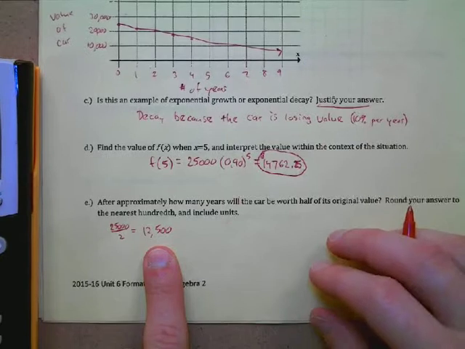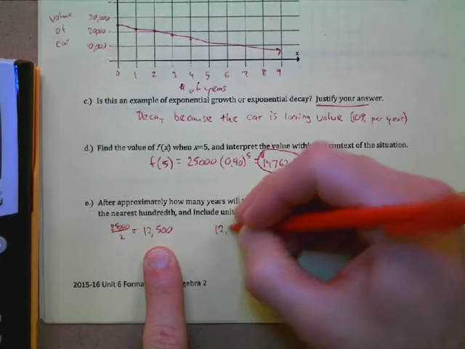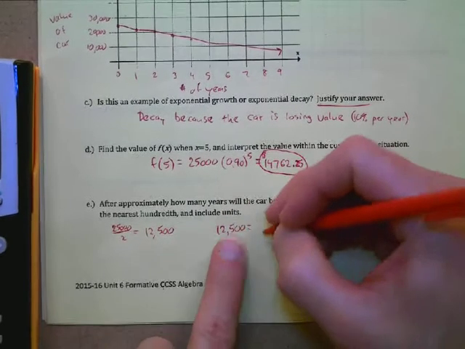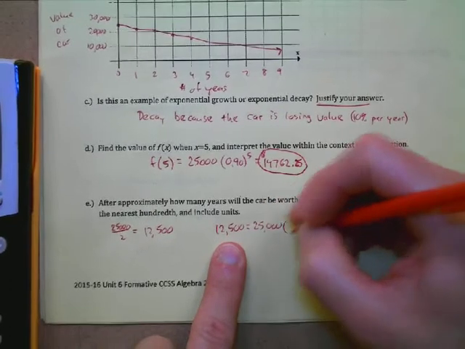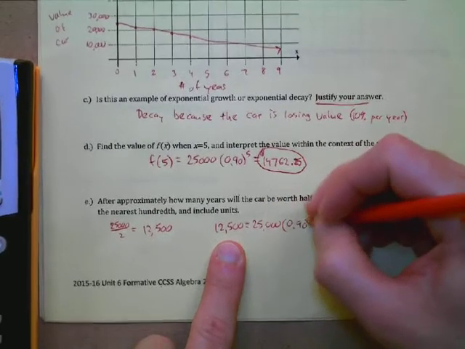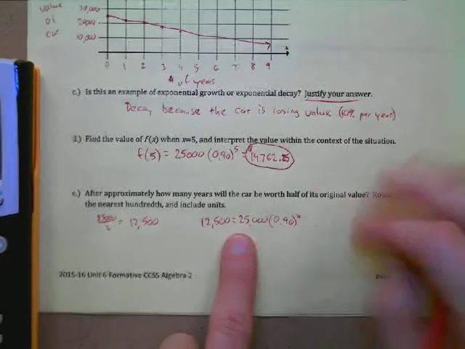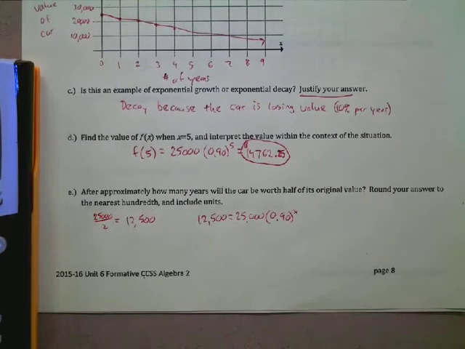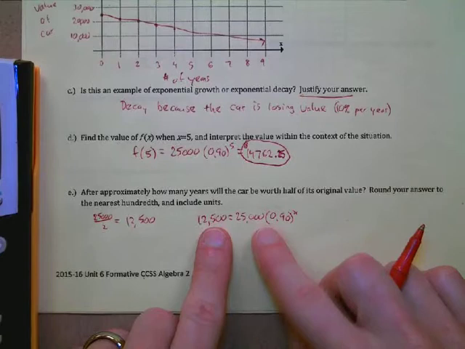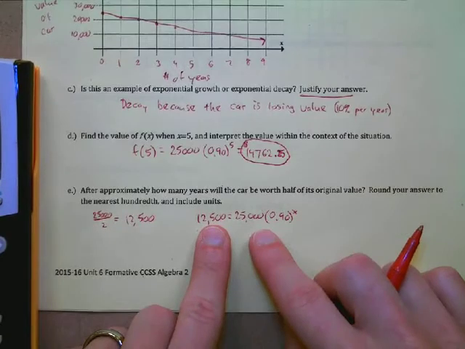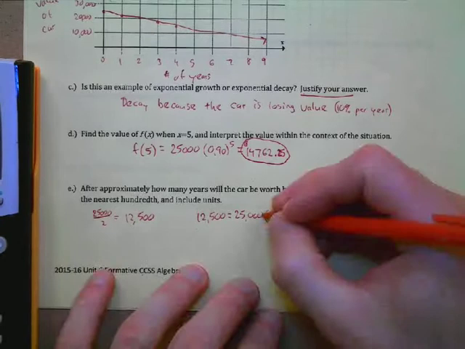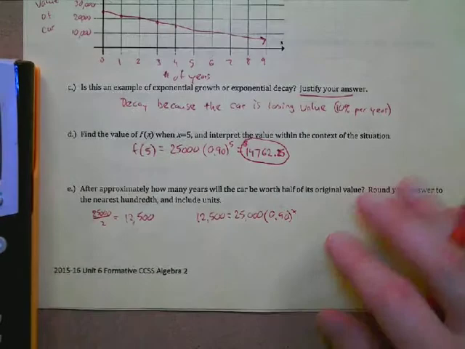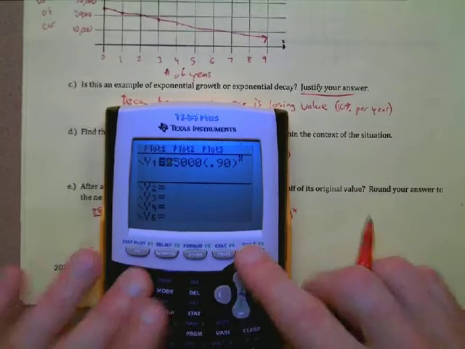One way we could do it is we could take that 12,500 and set it equal to our function there, 25,000 times 0.90 to the x, right? And then solve for x. Or we could also graph the left-hand side, graph the right-hand side, and find the point of intersection. Does that sound good? Let's graph it here. You can also go to your table here and just see when we get close